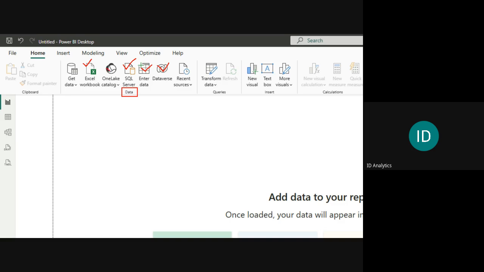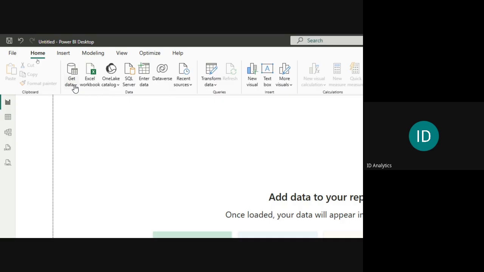So now this one link here is related to Microsoft Fabric. If you look at this, you see that we have very limited options here. But this is not all the places you can bring in data from. If you want to see the longer list, you can come here to this option